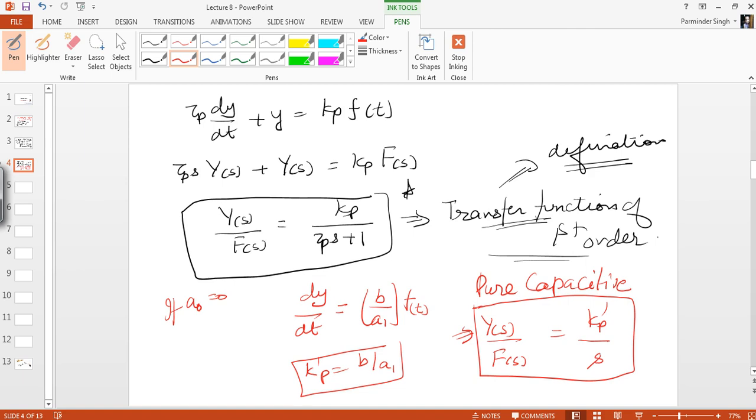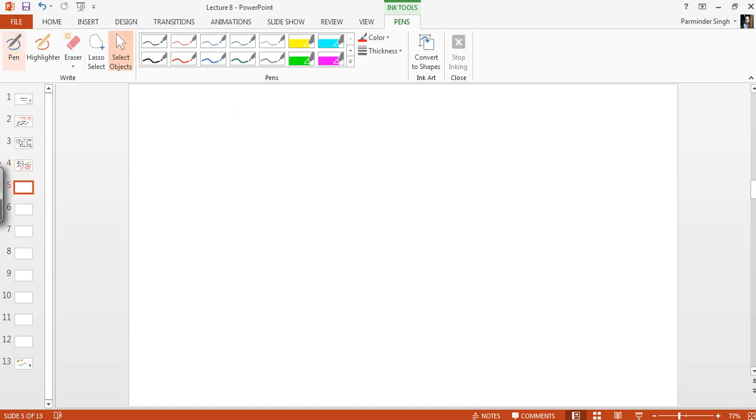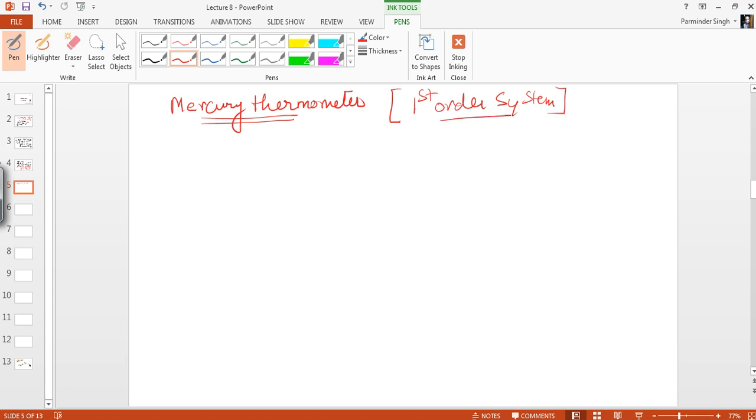Now let's do the modeling of your first order system. For modeling of a first order system, the very first example which we're going to consider is your mercury thermometer. The mercury thermometer is the best example of first order systems. We'll see how they are termed as first order systems, but before we start with the modeling of this mercury thermometer,